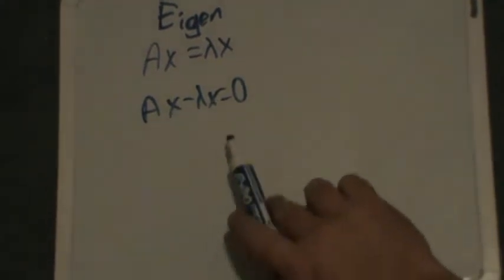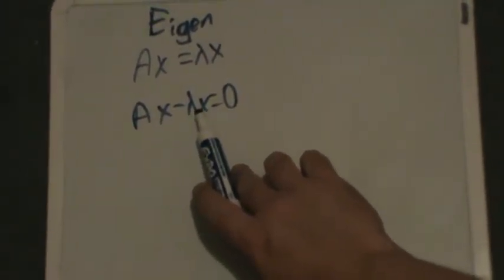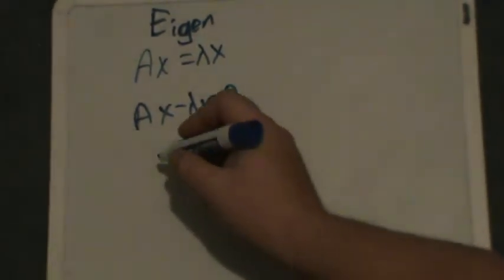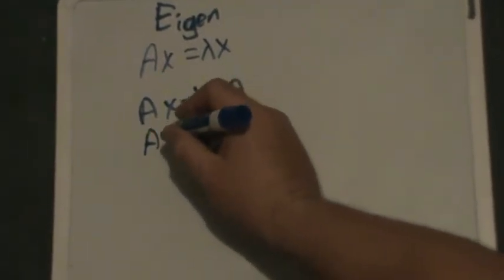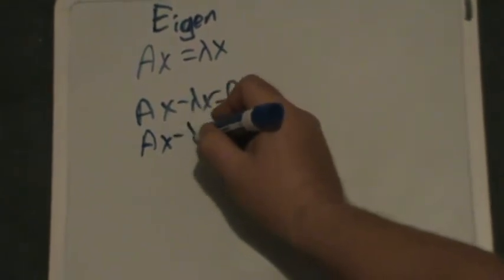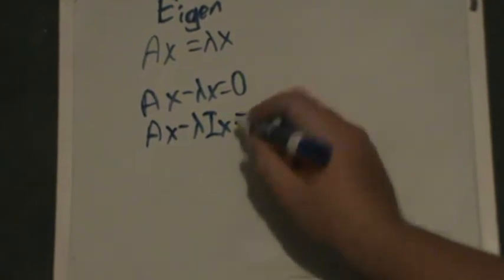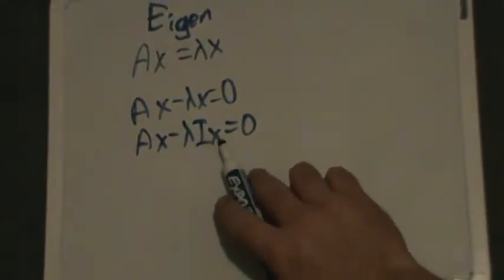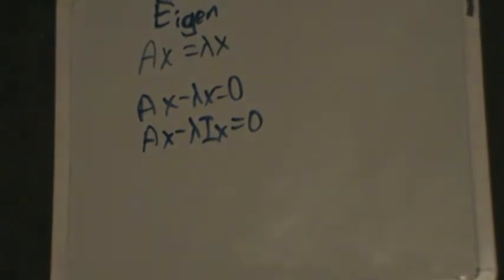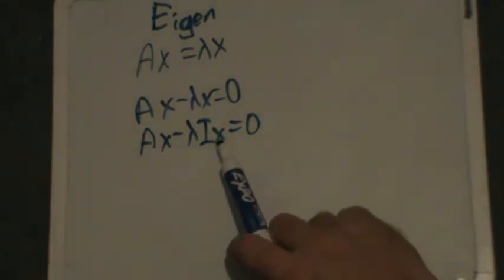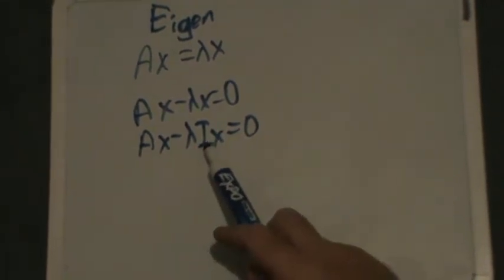Now both of these involve x. Now in order to pull the x out of this one, there's got to be something left over that's the same size as this. So I have to do one of our famous math tricks. I multiply by 1, and the one you choose to multiply is very important. In this case, the correct one is the identity matrix, because identity times x is just x. It has not changed the equation at all. If I had chosen the scalar one, it wouldn't have helped me. But this identity has to be sized right for x, and that's got to be an n by n matrix.